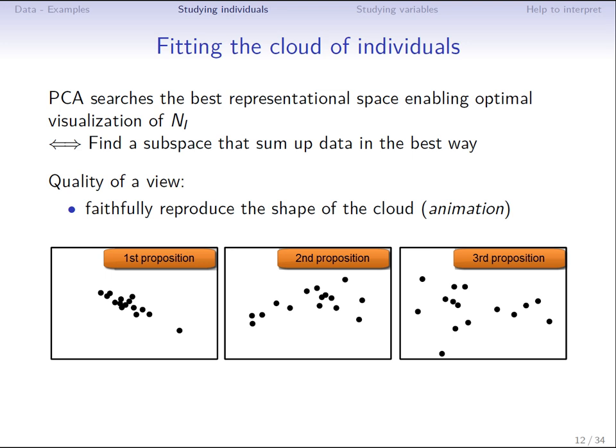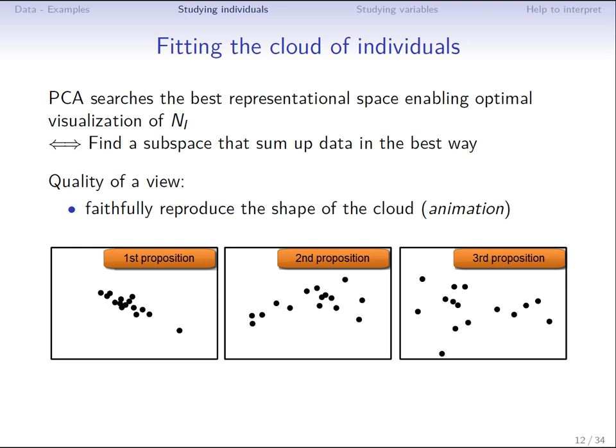It seems to show better the distances between individuals. This is the intuition that told us to separate the points. And this intuition is good. So the viewpoint quality is the one that best reproduces the shape of the cloud.